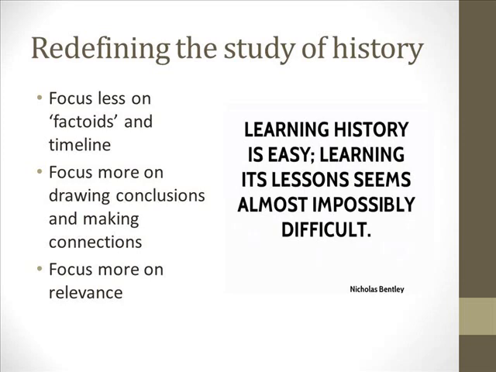We're also going to focus more on drawing conclusions and making connections. So connecting what happened in history to what's happening now. What happened in history to what happened maybe later in history. How did this occur? So what happened in the civil rights era that we can look back on into the Civil War? How are those connected, and what did that lead to? And then also drawing conclusions. And that's higher order thinking, and we'll talk about that in a minute, but really looking back and saying, okay, I've understood this history. How can I figure out what it means? What does this history mean?